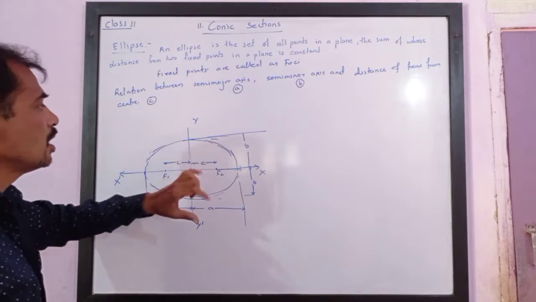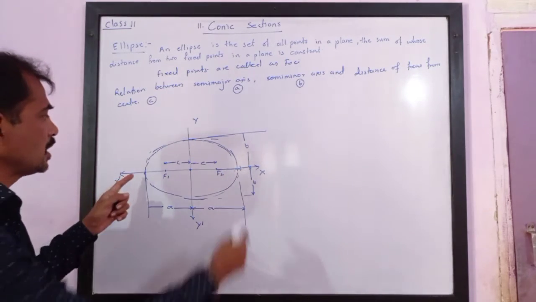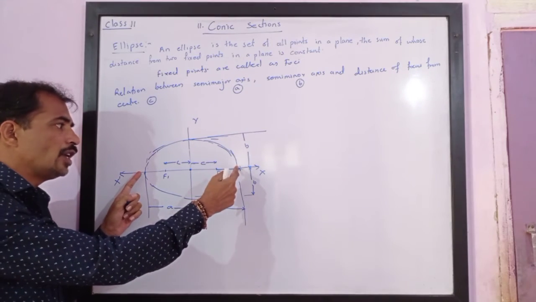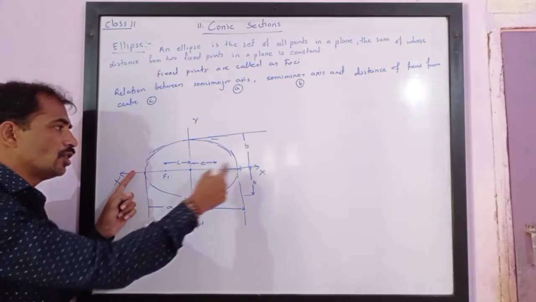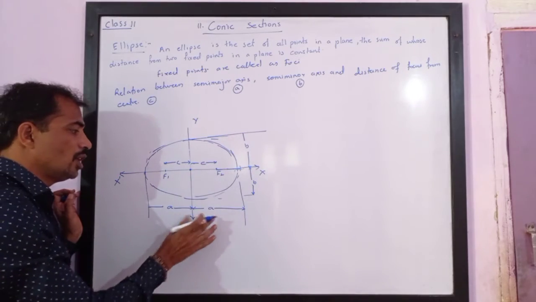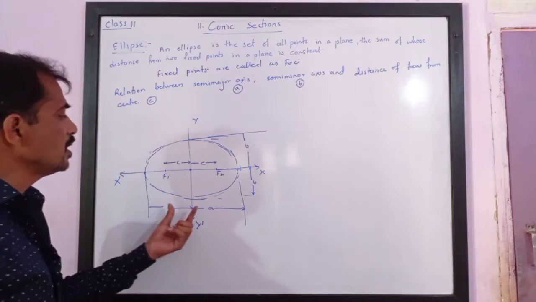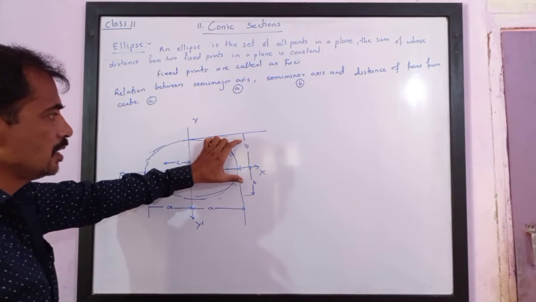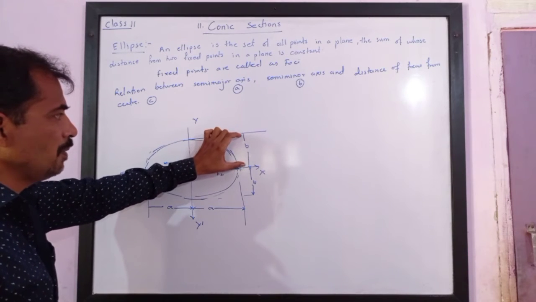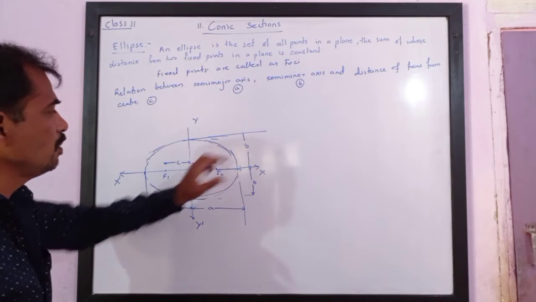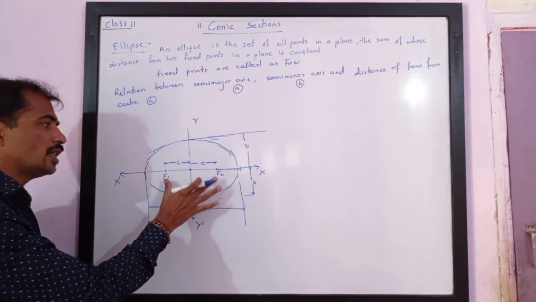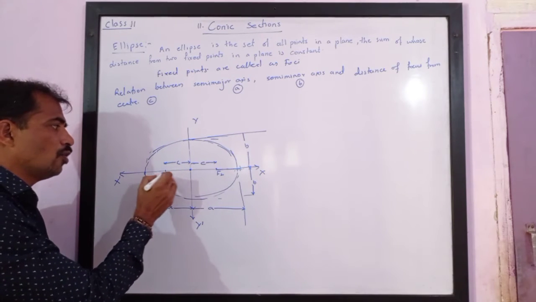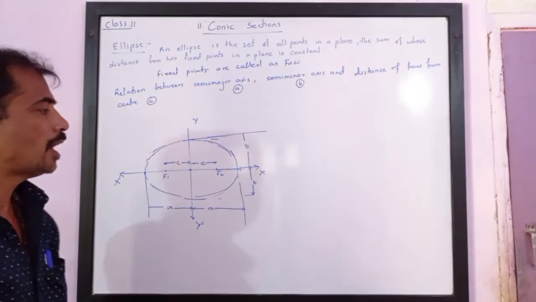So these are the letters. The segment joining the 2 points on the ellipse and passing through the foci is called the major axis. We denote it with 2A. It means half of it, that is the semi-major axis, is A. The semi-minor axis is B and the total minor axis is twice B, and the distance between the two foci is twice C. So the distance from the center to one of the foci will be denoted by C.